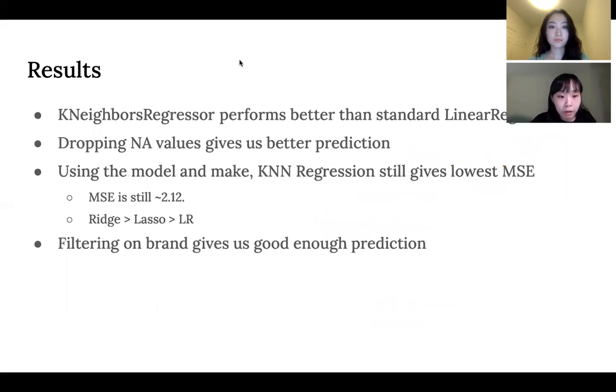Overall, our results were that KNN regression performed better than standard linear regression, even though unregularized linear regression performed better than regularized. We also found that dropping the null values in general gave us a better prediction than replacing them with 0 or -1. And we found that using model and make